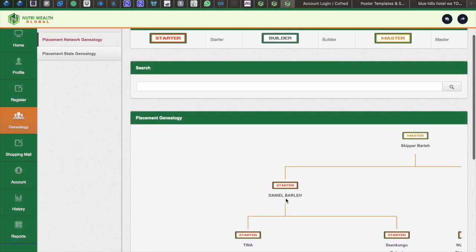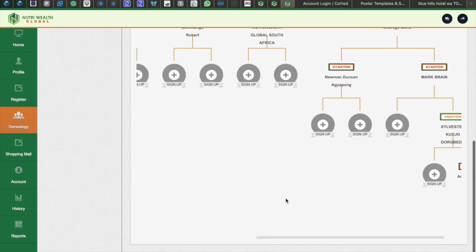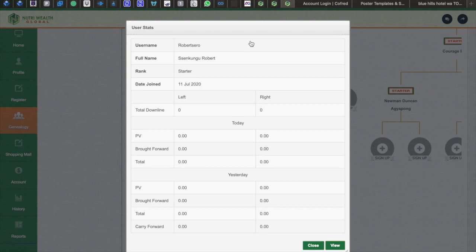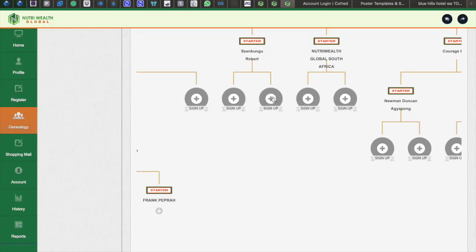If you select the placement genealogy, you realize that if you come down here, for example, this is Robert here, a Ugandan. If Robert's username is Robert Zero, now if I want to register somebody under Robert, with Robert being the direct sponsor on the inner leg of Robert,